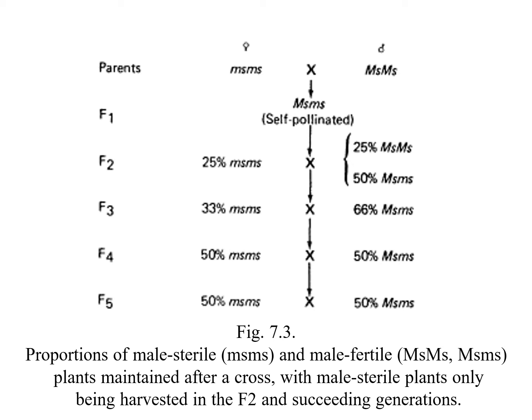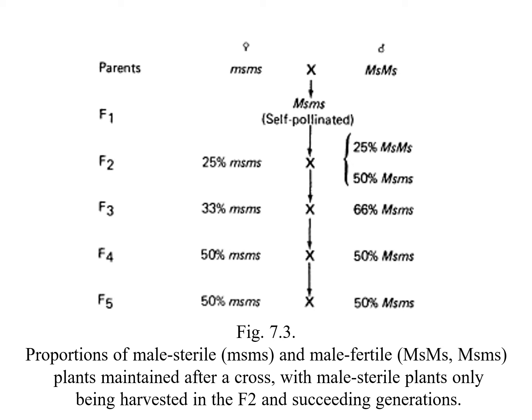So then we self in the F3 to the F4, and in this case the male gamete will produce 50% MS capital and 50% MS small, which end up with 50% MS small, and 50% MS capital, MS small, and this ratio will continue till the end of any generation, maybe after 100 generations. So we repeat it from F4 to F3, and we found that it is producing the same